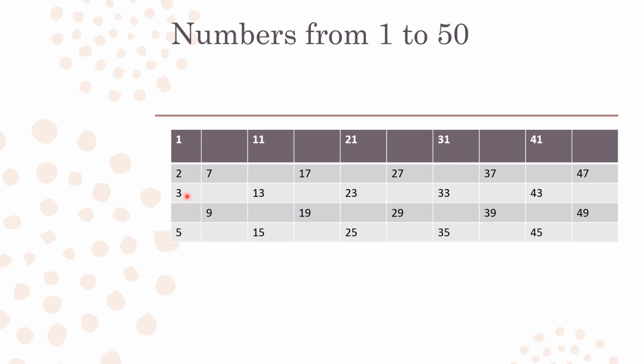Now multiples of 3 won't come. I mean 3 into 6, we already took 6 because it's an even number. Then 3 threes are 9, so you have to take the 9 here. Then 3 fours are 12, it's not there because it's an even number. So 15 you have to take. So except 3, the other multiples of 3 will not come. Why? If you check the factors of that number, you will get a minimum of 3: 1, 3 and the number itself, so it won't come. So just take away all the multiples of 3 that you have here.